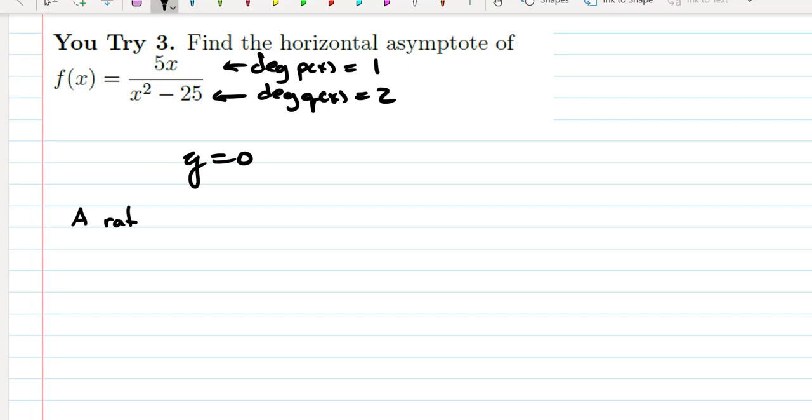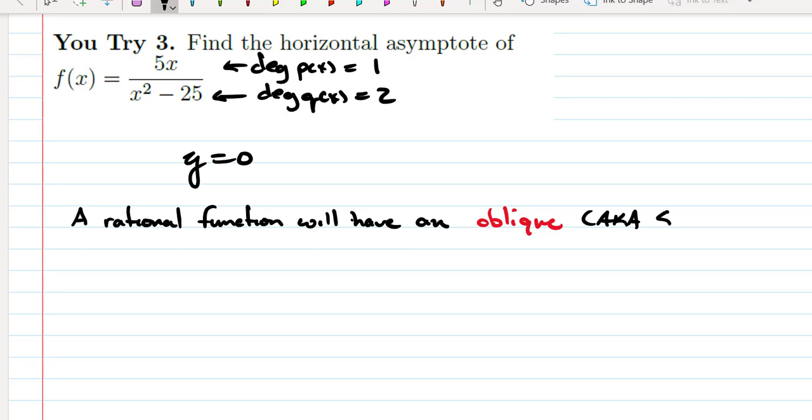So a rational function will have an oblique, also known as a slant, asymptote